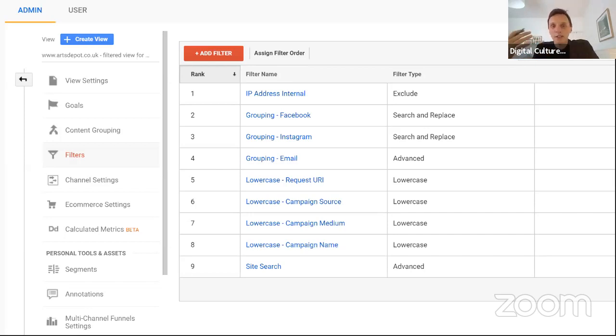So the next one we've got here is called grouping Facebook. And I'll show you why in a second. And there's another two there called grouping of Instagram and grouping of email. And then the fifth one we have here is called lowercase request URI. Now,